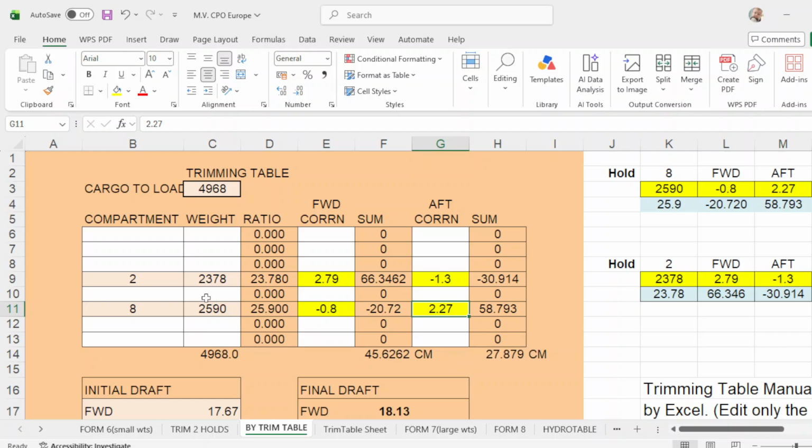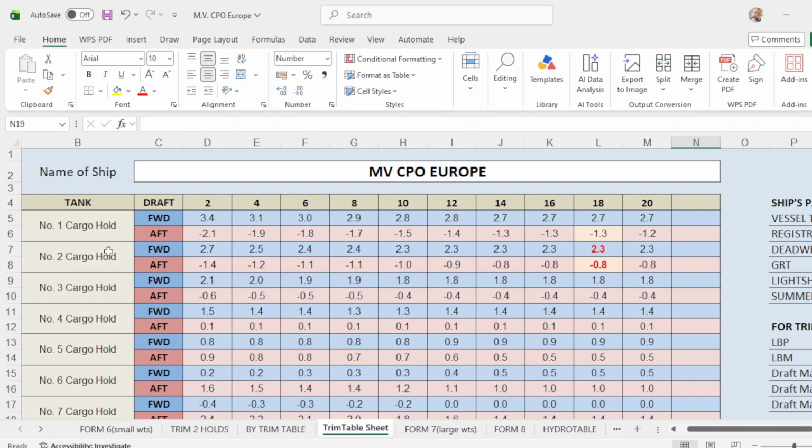And your cargo to load in number 2 is 2378, and hold number 8 is 2590. So you apply your forward and aft corrections on holds number 2 and 8. So what is the correction for forward 2? Hold 2, forward correction, this is the one, I already highlighted it.